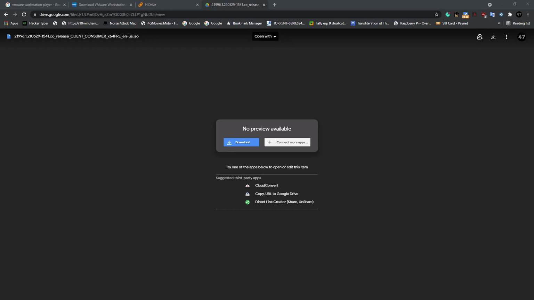Hello and welcome to this course in which you're going to be learning about how you can install the latest version of Windows, which is Windows 11 on your system. This is an unofficial Windows update that you can find on the internet and you can easily download the ISO file. I will be showing you the step-by-step guide of how you can install it on your system with the help of VMware Workstation.